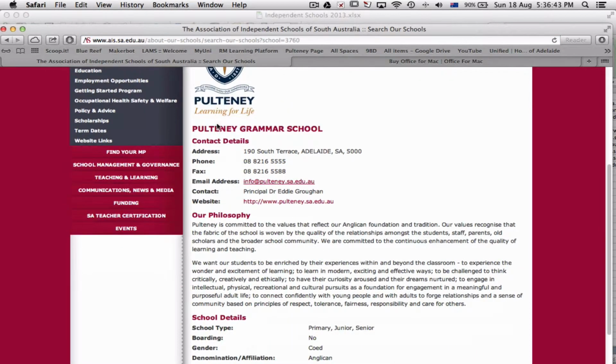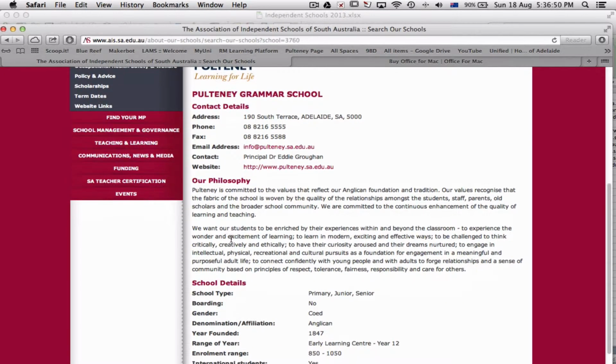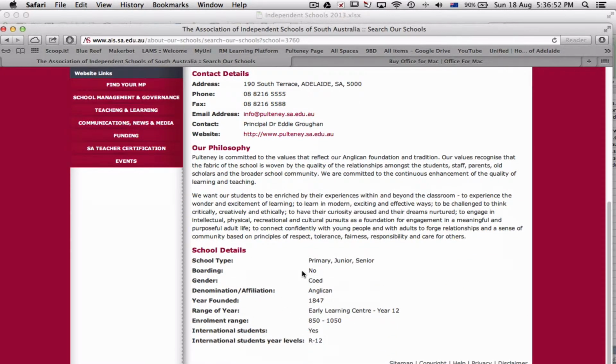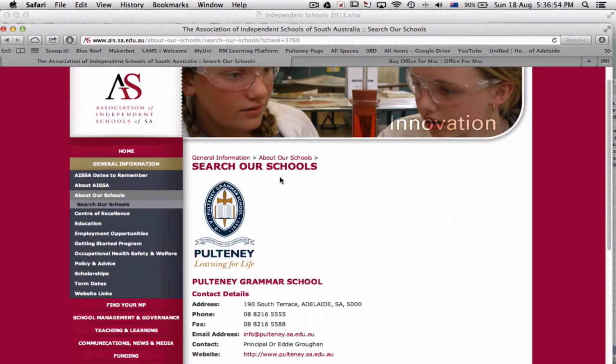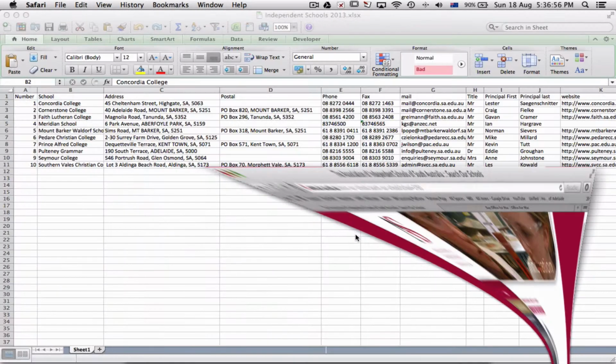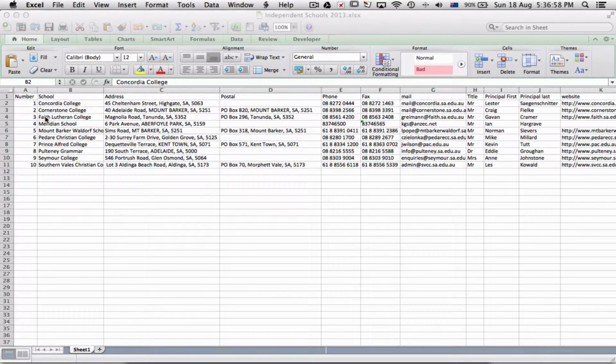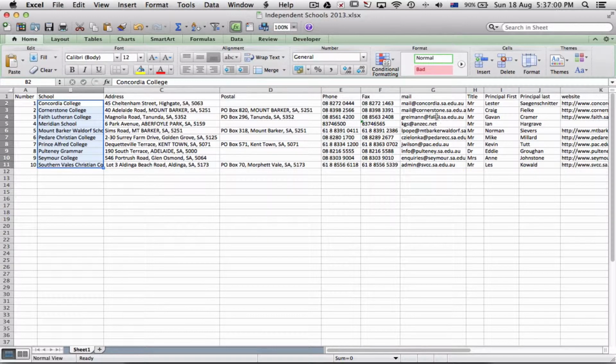Grammar. I wrote down the name, I wrote down the address, just so I had it all in one spot. It's also got some information on the philosophies of the school, where they're heading, number of students, all really good information. I've copy and pasted that into here, so now I have the school, the address, postal, and so on. I've also got the principal's name in here, or the contact person, and importantly I've got their email address. Okay, so now that I've got this in here and I've saved it as Independent Schools 2013,